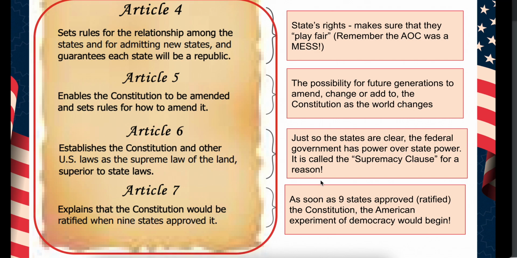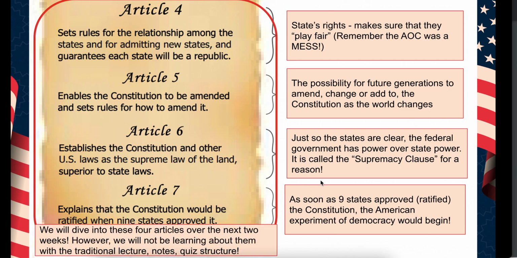Now, we will be getting to these 4 articles over the next 2 weeks. However, we will not be learning about them with the traditional lecture, notes, quiz kind of structure that we had been learning about previously. Instead, we're going to really dive into the concepts and the principles of these articles in order to apply them to the real world today. We're going to sort of take it a step further. Specifically,